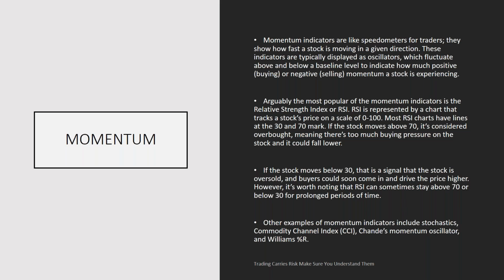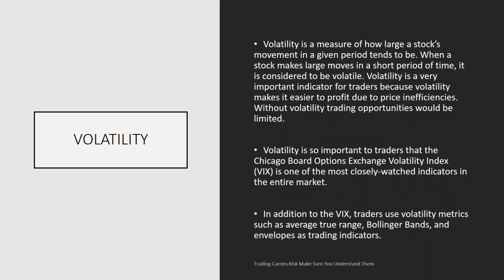However, it's worth noting that RSI can sometimes stay above 70 or below 30 for prolonged periods, because overbought and oversold indicators don't mean they're going to change imminently. A market that's overbought can remain overbought for a while as the traders decide what they're going to do. And there's others. There's CCI, Commodities Channel Index. There's Chande's Momentum Oscillator and Williams %R, which is gaining popularity more and more by the day. But combining a momentum indicator with a volume indicator with a trend indicator can give you some very good understanding of the markets. Now, the next category